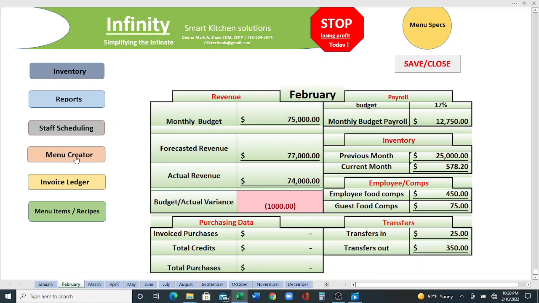You saw the menu creator. No, you didn't see the menu creator. You saw the invoice ledger. The menu creator will be the next video. And that's going to blow your mind too, because that's the easiest thing. Imagine